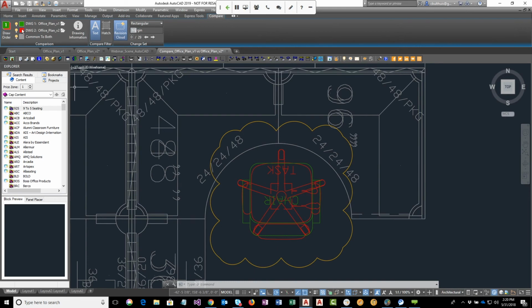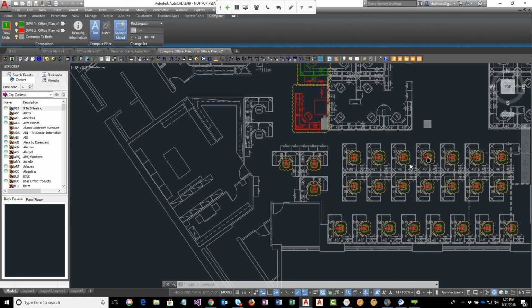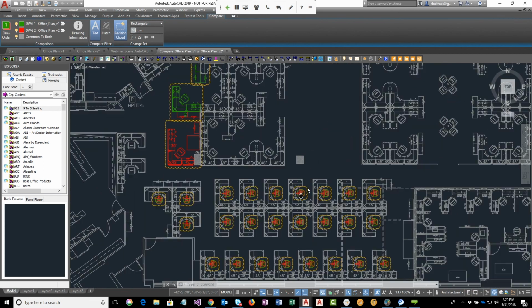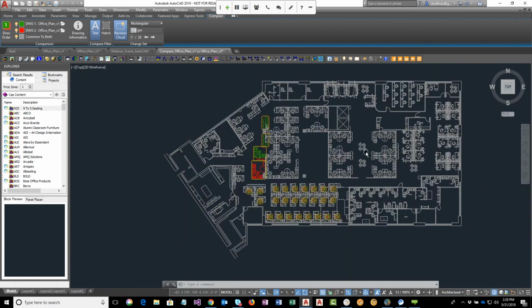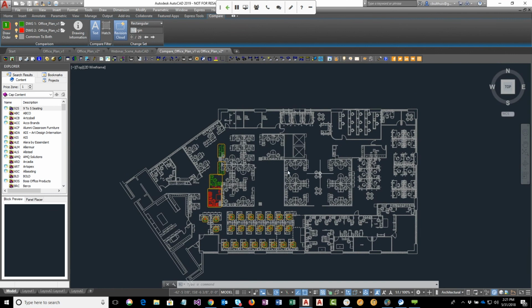And if you don't like red and green, you can change these colors. When you're first beginning the comparison, you can change them to blue and yellow, whatever you want for those colors. And everything that's gray, that's all identical from one drawing to the next. So that's AutoCAD Compare. The next thing we're going to look at is